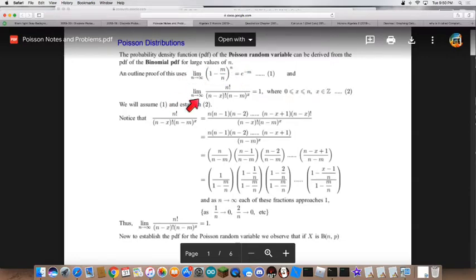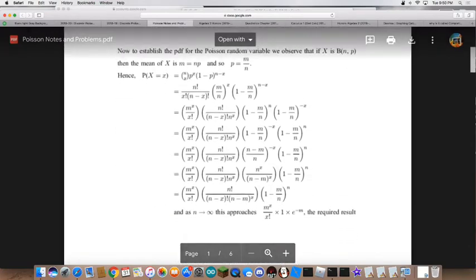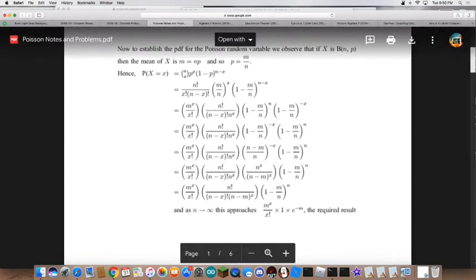Anyway, that's a known, that's a necessary fact. And here's another one which is a little bit more abstract, and here I'm going to ask you to just take my word for it. If we have n factorial over (n minus x) factorial times (n minus m) to the x power, and we allow n to approach infinity, that in fact does approach 1. You can even demonstrate that on Desmos by putting in constants and showing that this works no matter what, if you allow n to get really, really large. So anyway, these are the proofs of those two statements, and now I just want to briefly walk you through and show you where the Poisson distribution comes from.